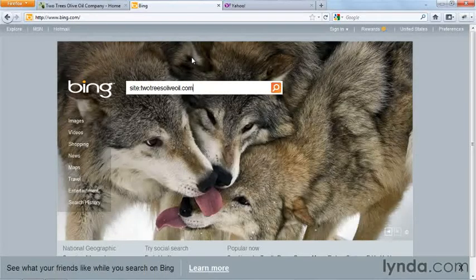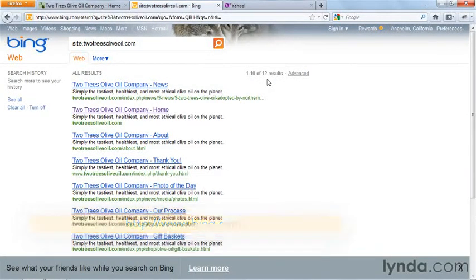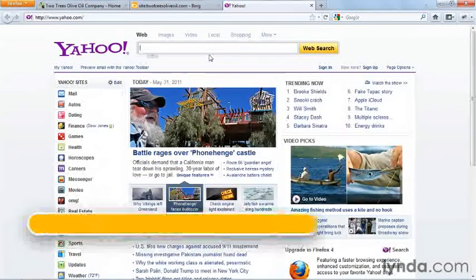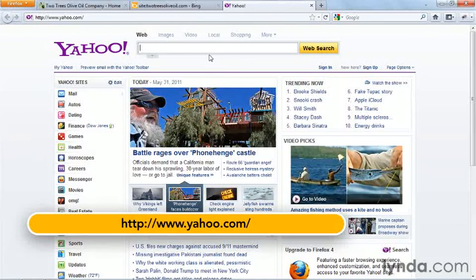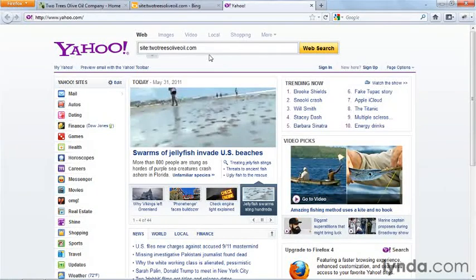The site:domainname syntax also works on Bing, as you can see here. In this case, we're getting many fewer results than we found in Google. Hopefully that number will go up once we've optimized the site properly. As for Yahoo, well, Yahoo gets its search results from Bing now, so whatever you see in Bing, you should see in Yahoo. Still, if you do want to see it in Yahoo, be aware that the site:domainname